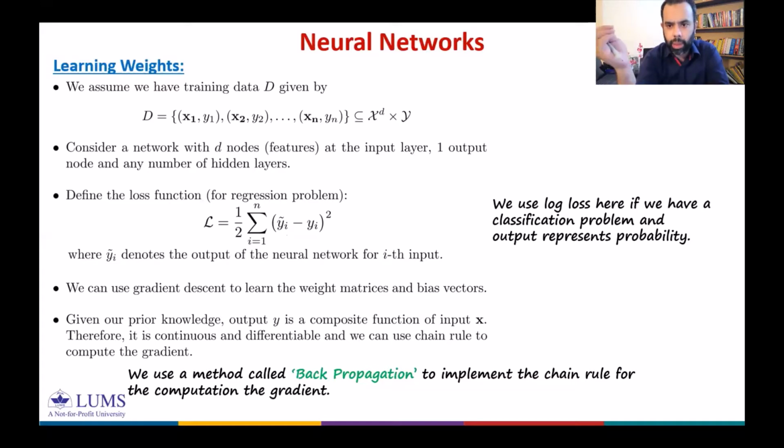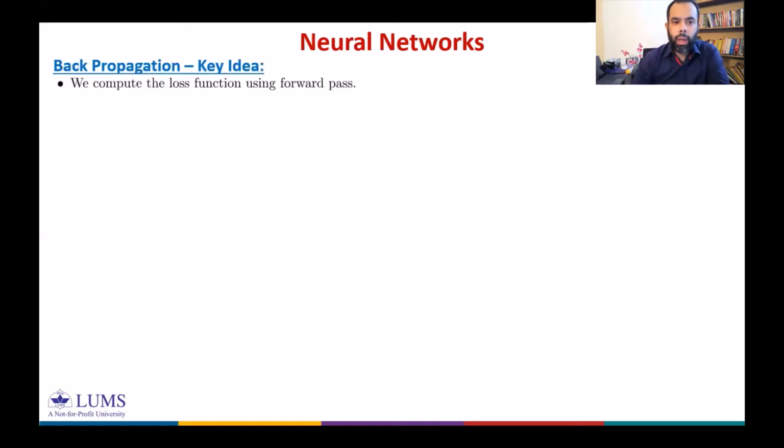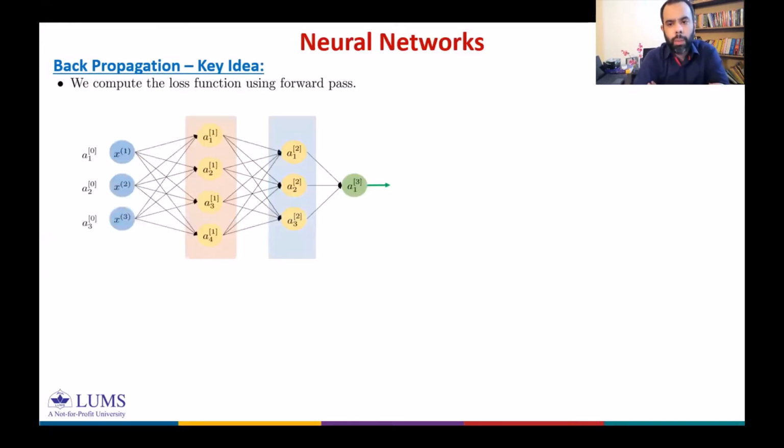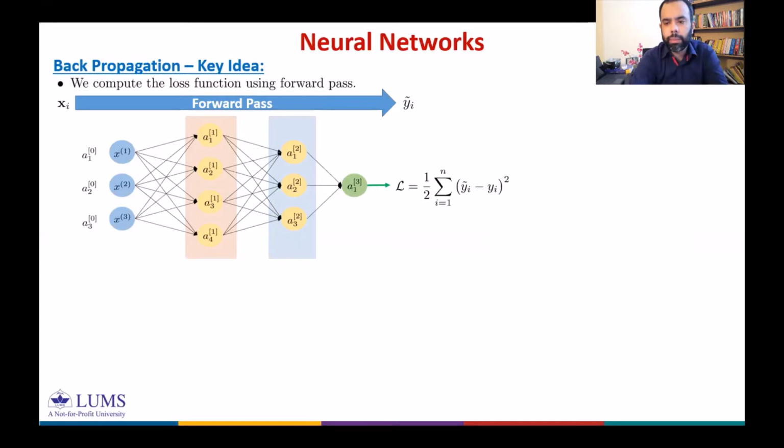So the idea is very, very simple. In back propagation, we know that if we have a neural network, we can compute the loss function using a forward pass. How? For each input, we traverse the neural network and we compute the output, say call it yi tilde for input xi. We know the true label for xi, and therefore we can compute the loss. So if we only have one input, we don't have a summation here. If we have n inputs, we can sum the squared error to have the total loss,